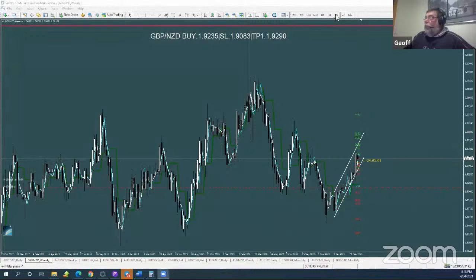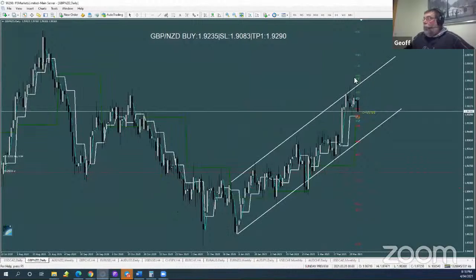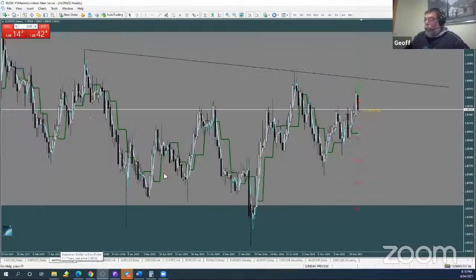How we're going to do that is probably debatable at this point. We've got a beautiful little tweezer top sitting there on the top of my ascending channel. We've got a big bearish bar on Friday. Really all I'm looking for is a lower high here, and I'll look to trade this short. So that's pound Kiwi. I'm going to carry that prognosis through to Aussie Kiwi as well, but it's a